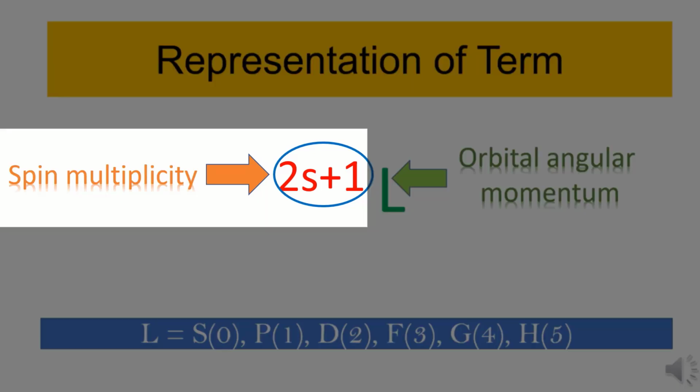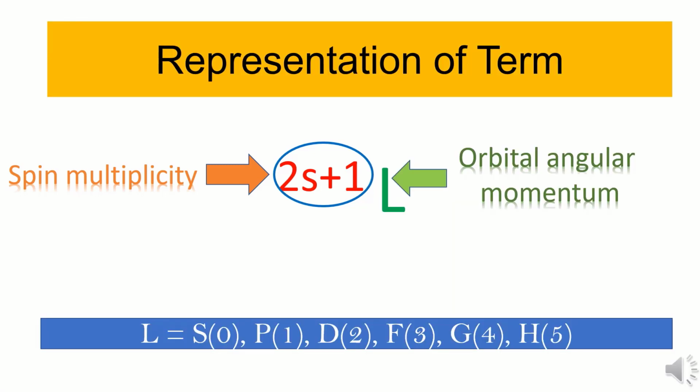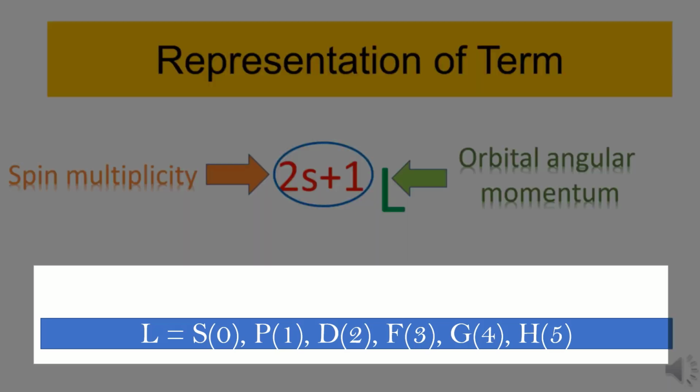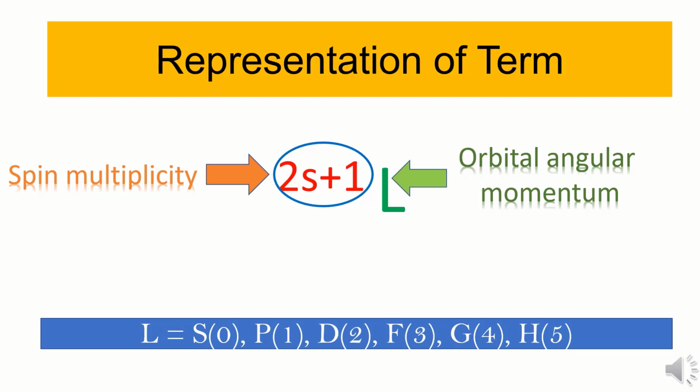Okay, so here the 2S plus 1 value represents the spin multiplicity, where S is the spin contribution by each electron. So S depends on the number of electrons. L is nothing but the orbital angular momentum. If the L value is 0, the letter used will be S. If it is 1, then it is P. For 2, it will be represented by D, 3 F, 4 G, and likewise. Okay, but definitely we cannot use J as the value because J is the representation of total angular momentum.